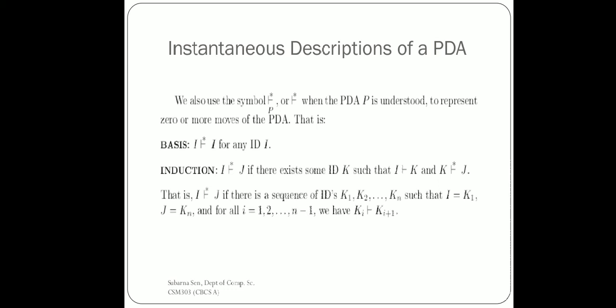If this situation occurs, then you can easily prove it by induction that we will just assume one ID, namely K, and from I say it is moving to K, and after repeated number of times it may move to J. In this fashion you may also describe that from I it is moving to K1, from K1 it is moving to K2, from K2 it is moving to K3. In this fashion ultimately it will move to J. So using the method of induction you can just prove it.